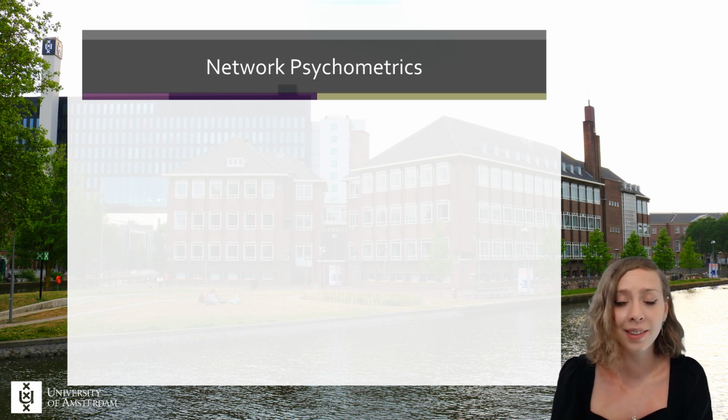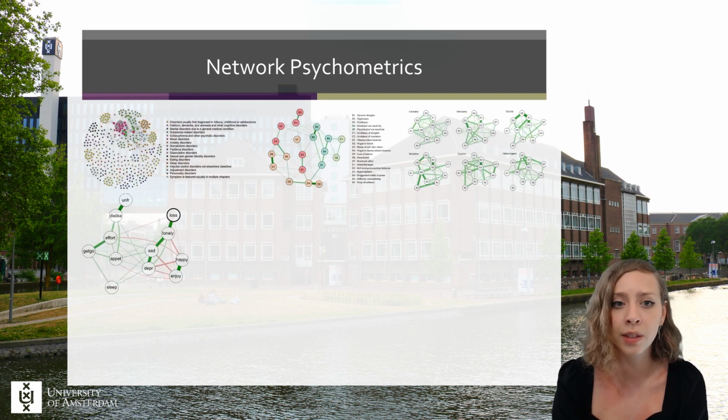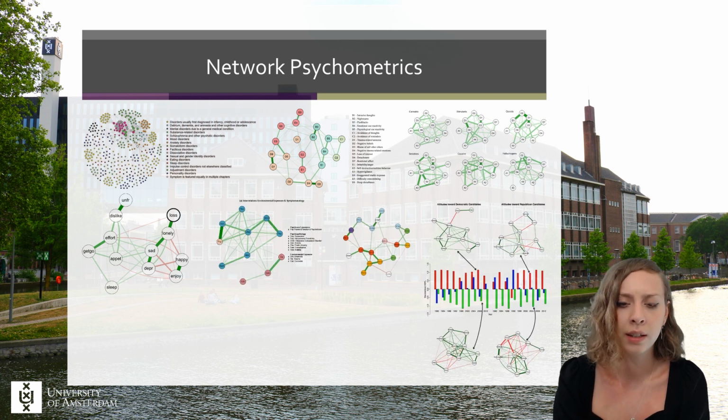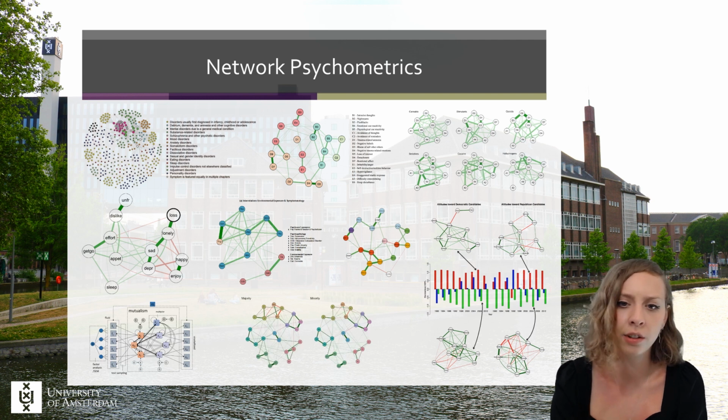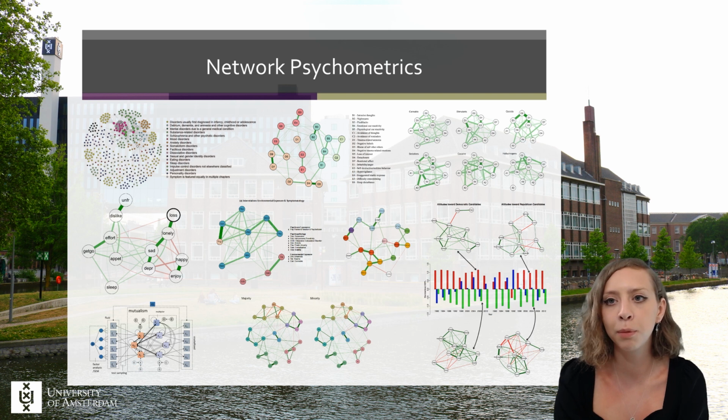Okay, network psychometrics, it's a really, really big field, and it has been applied. Network models have been constructed and applied to many fields, ranging from comorbidity to post-traumatic stress disorder, substance abuse, depression, psychosis, and many more fields: intelligence, personality, and so forth. So these models grew really popular, and they have been applied across a really wide range of fields.